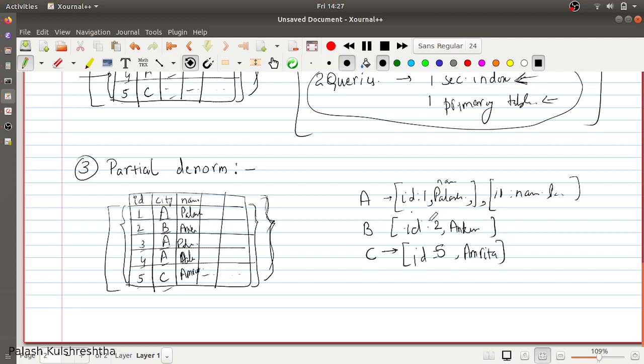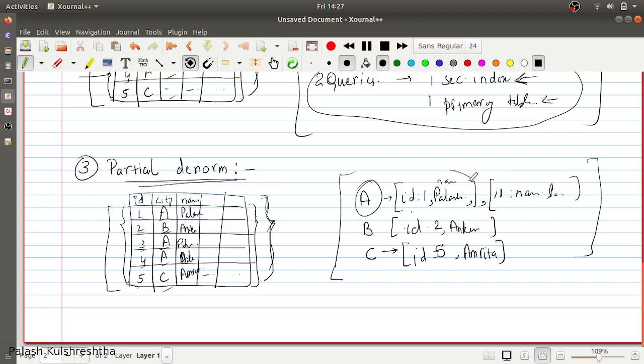So what is going to happen is, if you wanted to find the names of employees for a particular city, you can just query the lookup table, and if that piece of information that you want is present in the partial lookup table or partial denormalization index table, you can give the data from here.